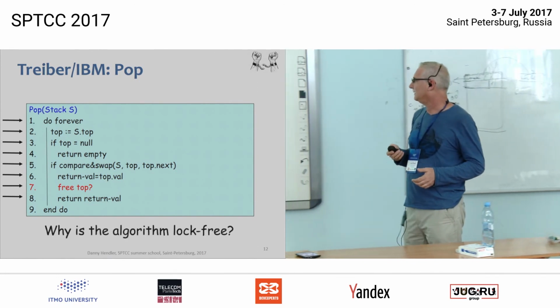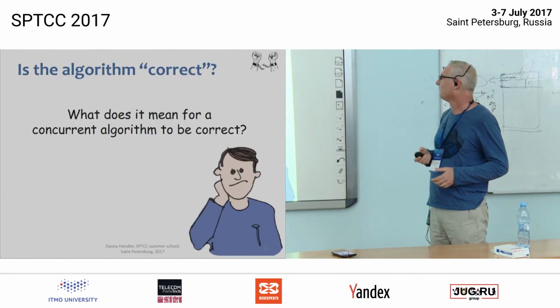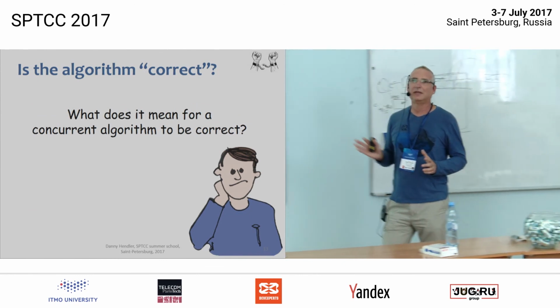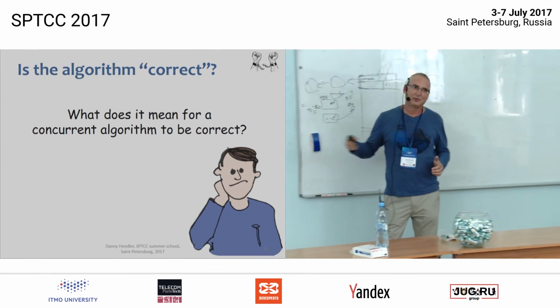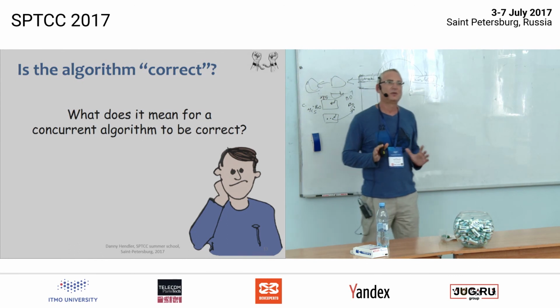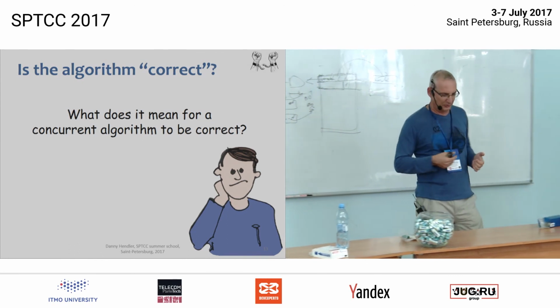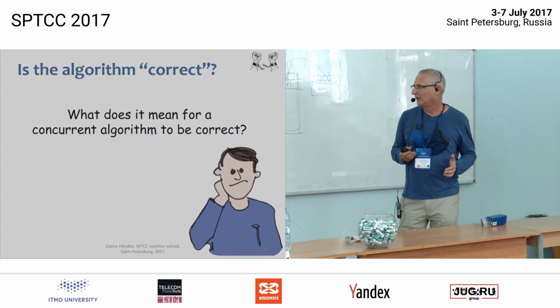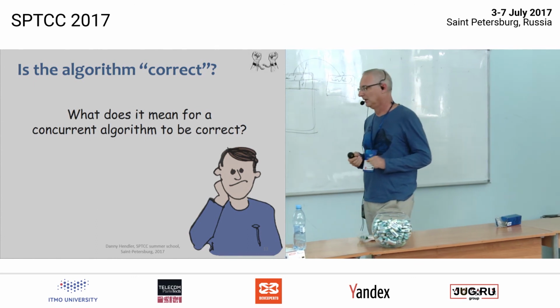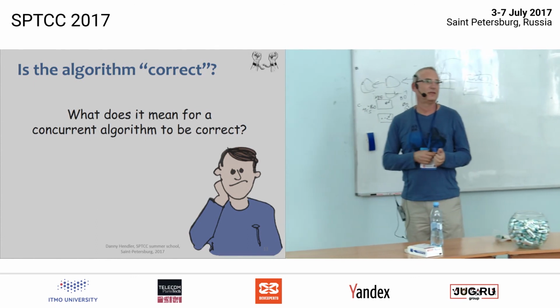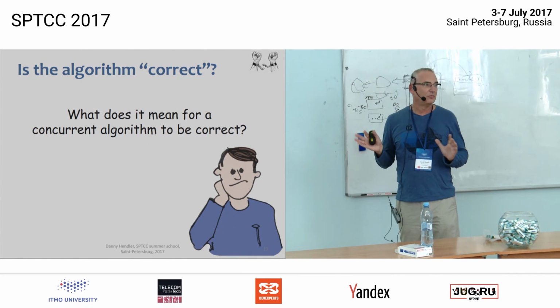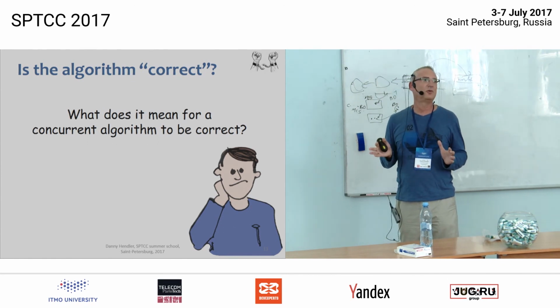In order to do that, this we already saw, in order to do that, we need to take a step to the side and consider what does it mean for a concurrent algorithm to be correct. It's not clear what the definition is, and indeed there are many definitions for what it means for a concurrent